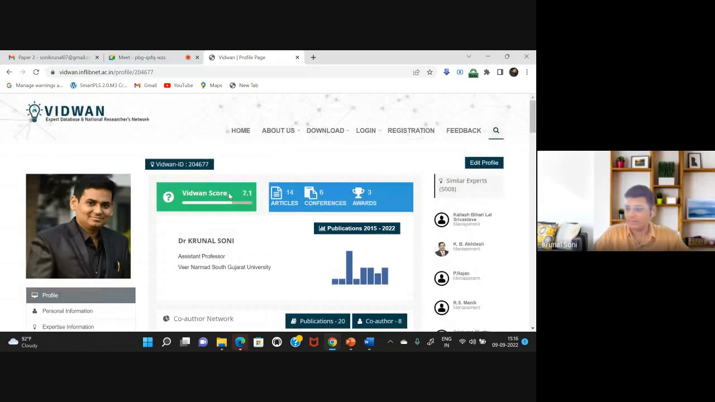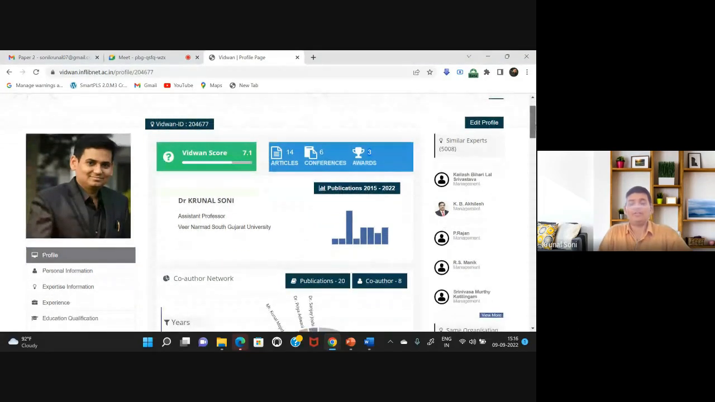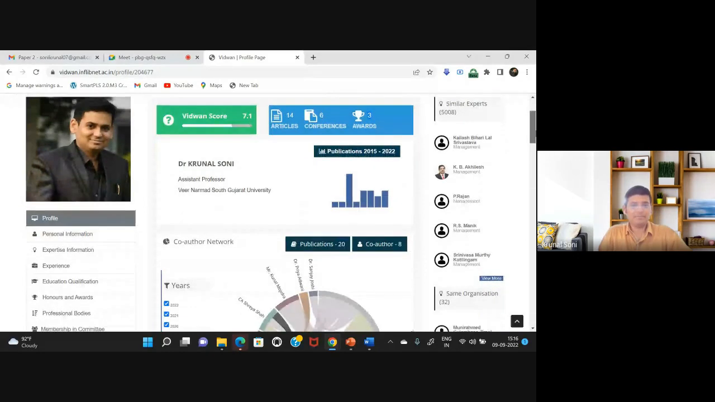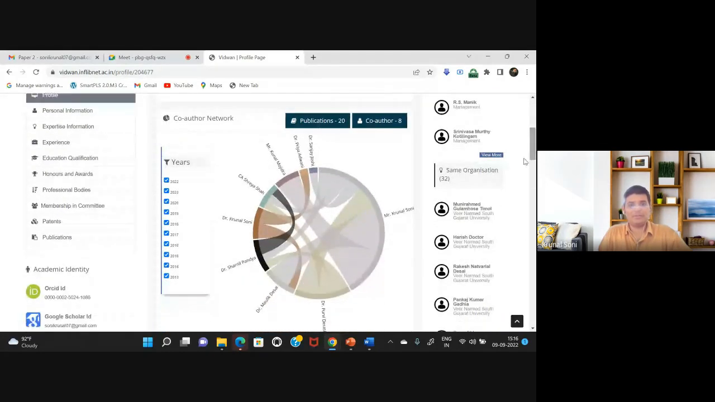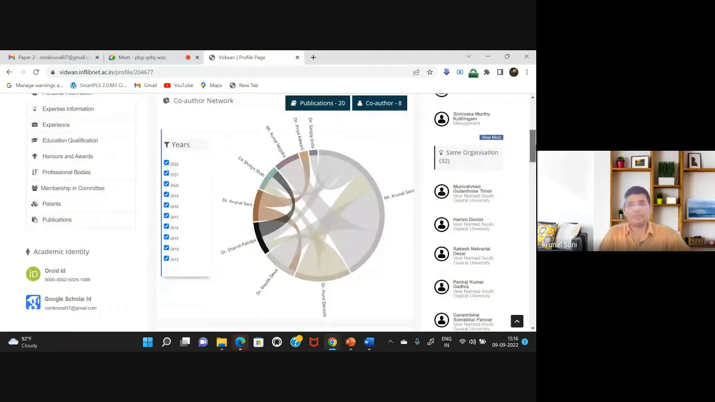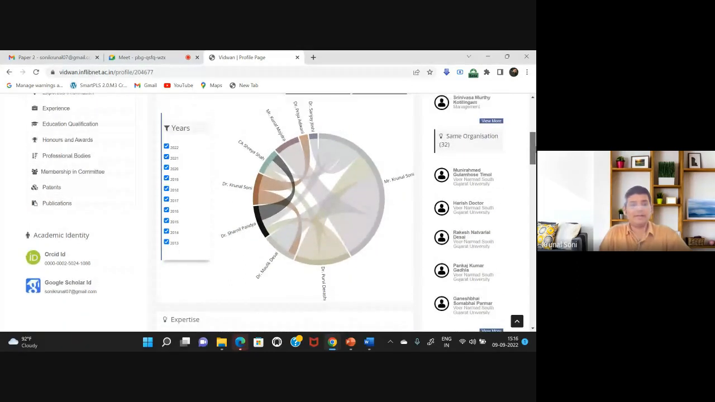You can see there is a score, 7.1. It shows articles published in journals, articles published through conferences, then awards. This part is called the bifurcation, or the summary of your profile. Then you can see the publications, my publications with various co-authors. This is a matrix that the Vidwan InflibNet ID provides,